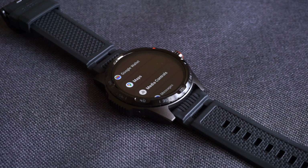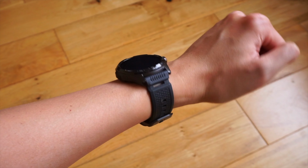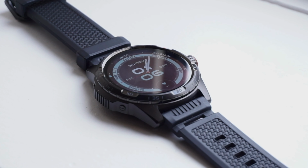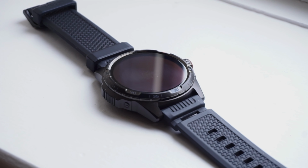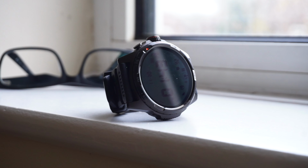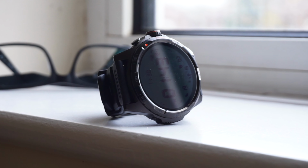functionality just feels incomplete. The vibration motor is also somewhat weak on the default setting, and there have been some instances where I've missed some notifications because I wasn't able to sense the watch when it vibrated. And by comparison, the vibration feature on my Pixel Watch 2 is a lot stronger. Now, I would recommend adjusting the vibration on the TicWatch Atlas to the maximum setting, which kind of fixes this